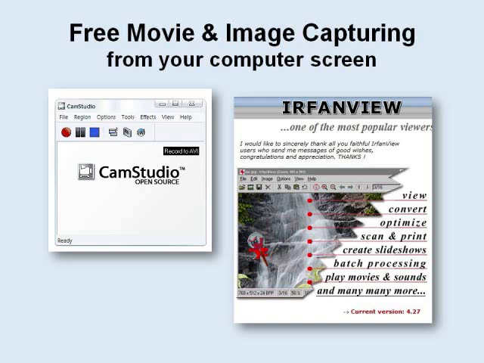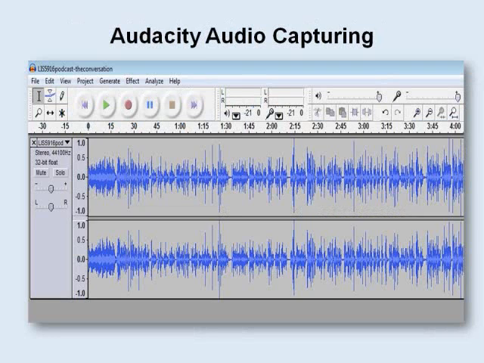First step in making your audio podcast or video vodcast is to capture your images and sounds. You'll find there may be free image and video capturing tools on your computer already, or you can download free software such as Cam Studio for capturing video and IrfanView for capturing images and screenshots. You can also capture audio using a free open source software called Audacity, which will do both audio capturing and